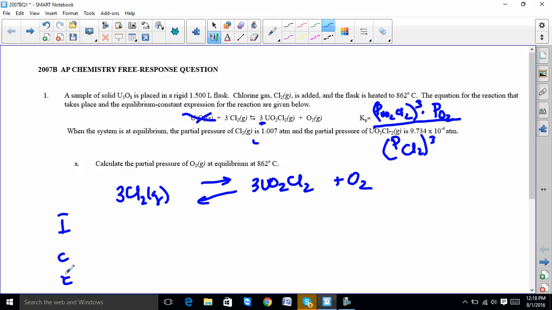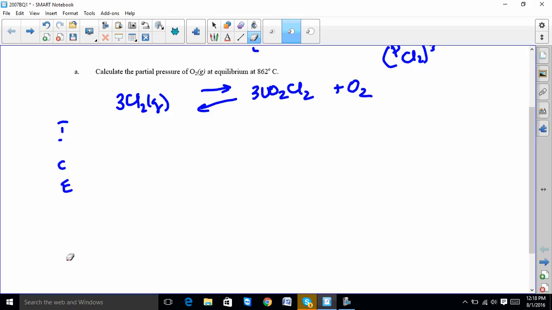Ice charts are for when they give you initial concentrations, but they're giving you the equilibrium concentration, or sorry, pressure. This is pressure. I'm sorry, let me grab the eraser. That was kind of a stupid mistake. So these are pressures because this is a KP problem. And you don't have to do the ice chart, which is the whole point of my long-winded explanation here,